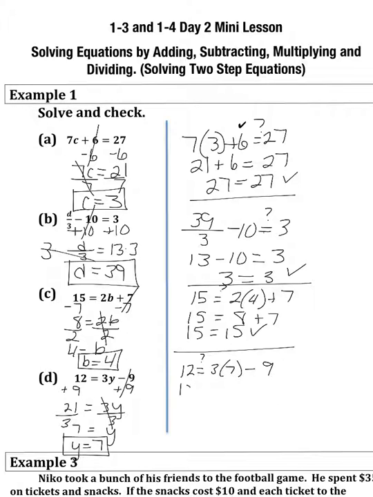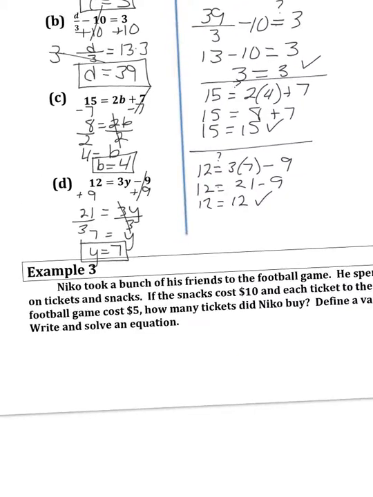And I will multiply the 3 and the 7 first to get 21. And I see that when I subtract 9 from 21, I do in fact get 12. So this checks. Next, our next example,